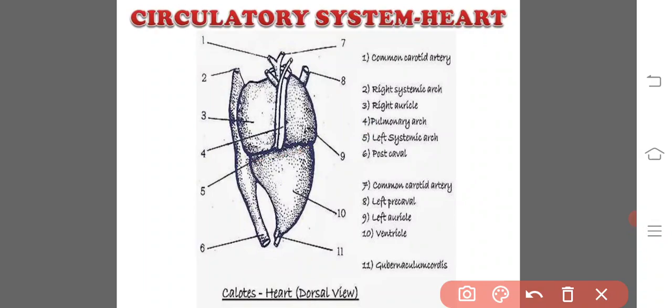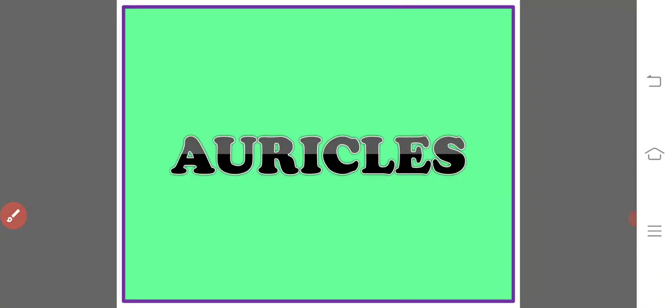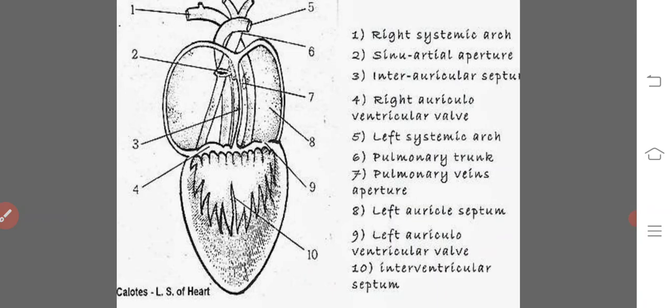In the middle of the ventricle and close to the line of demarcation between the auricles and the ventricle, there are three apertures from which the aortic arches arise. Here, if you observe the internal structure of the heart, you will see that the walls of the ventricle are very thick. The inner wall of the ventricle is provided with thick interlocking muscles called the columnae carneae. So these all are the columnae carneae.